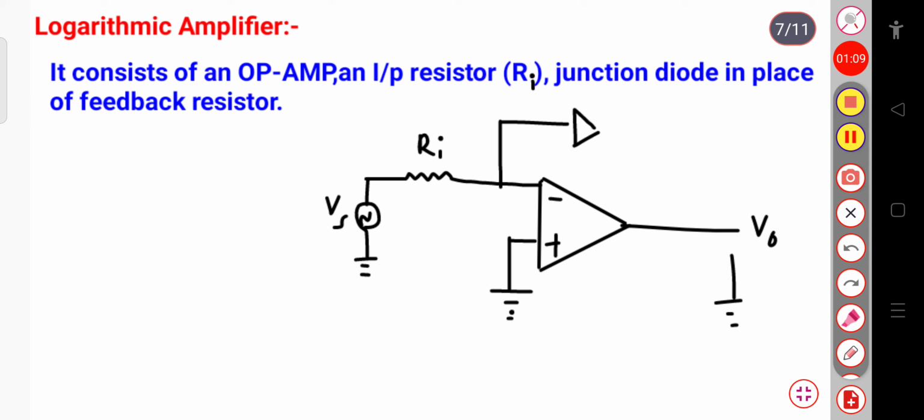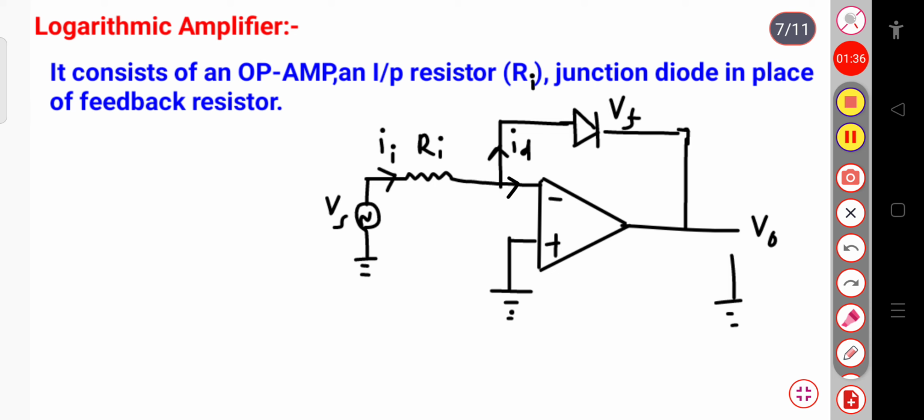Here also a feedback circuit diode is present at this terminal. So this one is your PN junction diode, and it has, suppose, the voltage VF, that is the forward voltage of the PN junction diode. Now suppose the current across this diode is ID, and the total current is, suppose, II, flowing through this input resistance Ri,